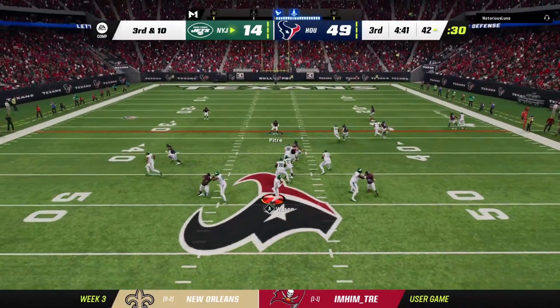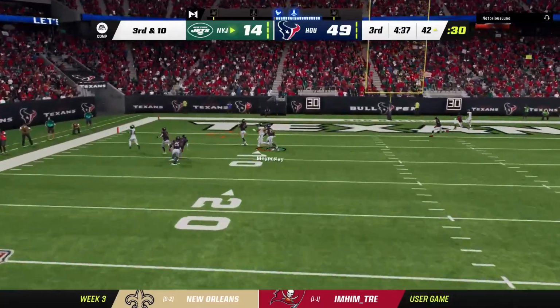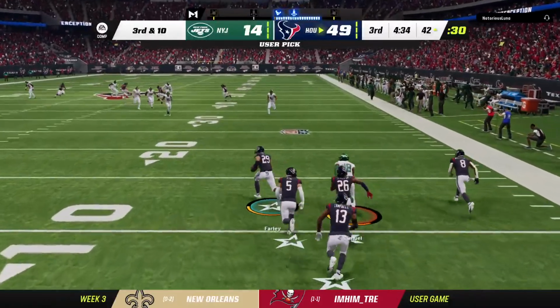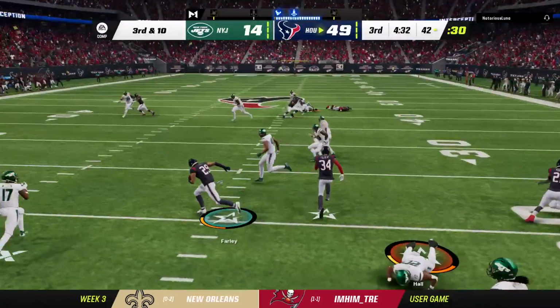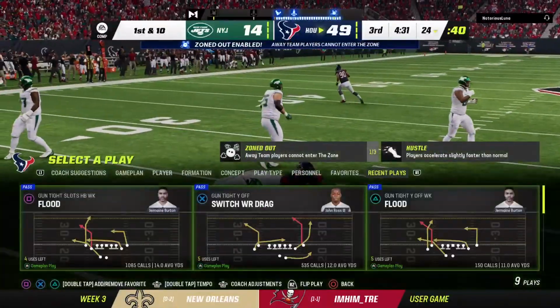Now Wilson. He's going to let it go again. And my goodness, another interception. Picked off by Kevin Farley. And the Texans are going to have it here as those...